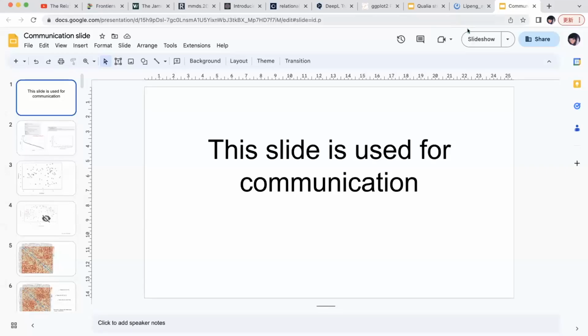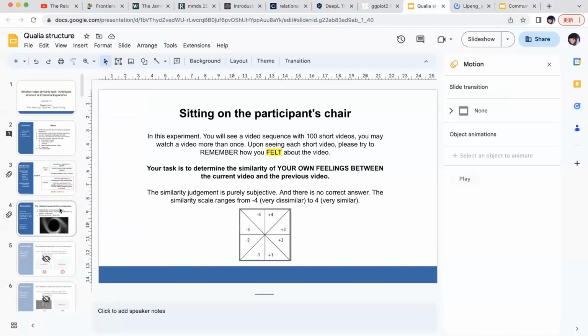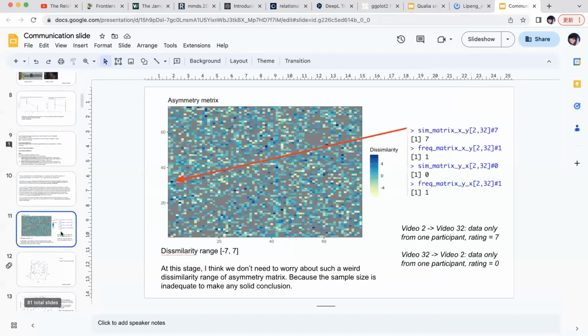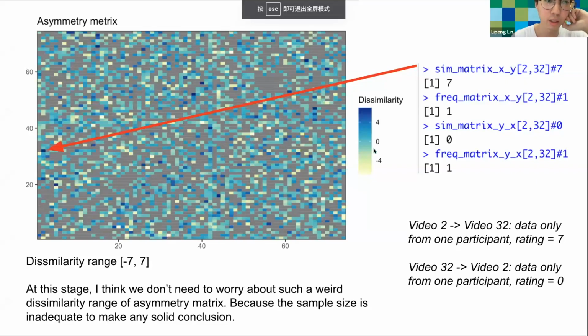So as you said, if you see a happy video then an angry video, or an angry video then a happy video, the order might matter, right? And there may be some kind of systematic effects. But the first thing is whether there is this reliable order effect or not. And that's related to my other project called quantum cognition. So this one? Yeah, this is the last time we made